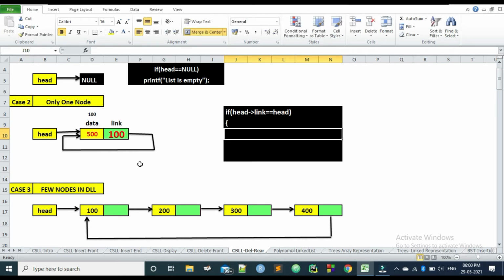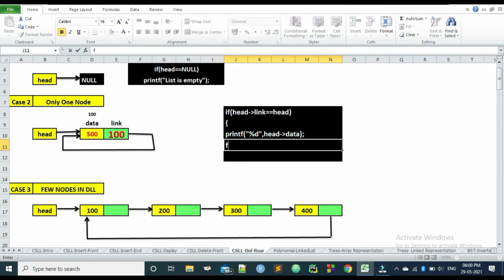And remember one thing, whenever you delete a node, before deleting try to print the data portion of the node. So you have to write printf %d then temp's data. Okay, so that is done. Now once you have printed the data, you can free this space.